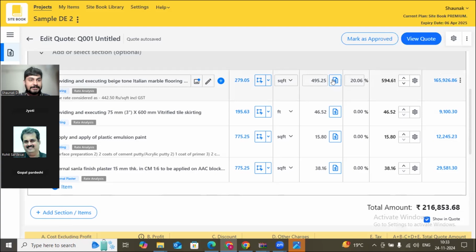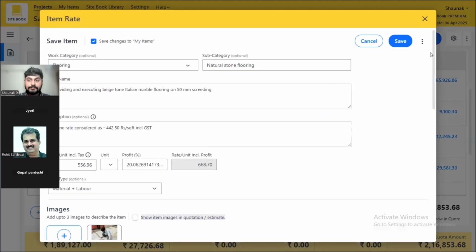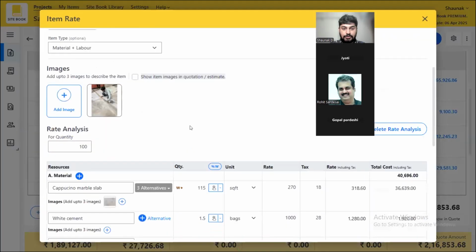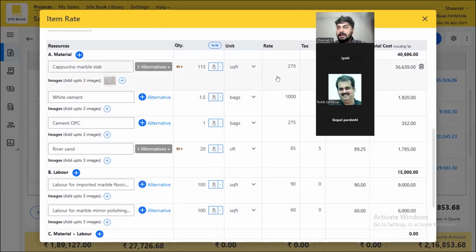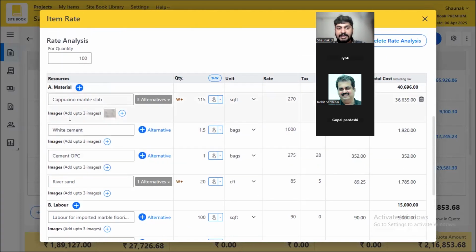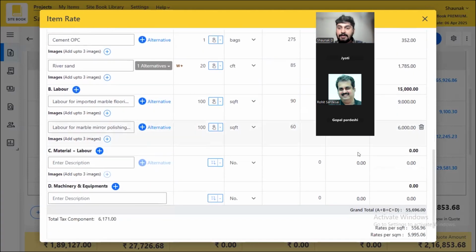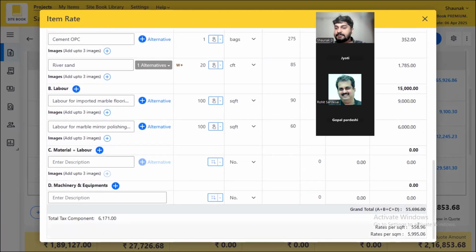Moving on to one more interesting command. Now when it comes to Italian marble, this dollar sign you see, that is the rate analysis. So where did 495 come from? I'll click on this dollar sign and scroll down, and I have this analysis. What materials are going in? Quantity consumption, the rate and cost. Now, my total cost is 557 rupees per square feet